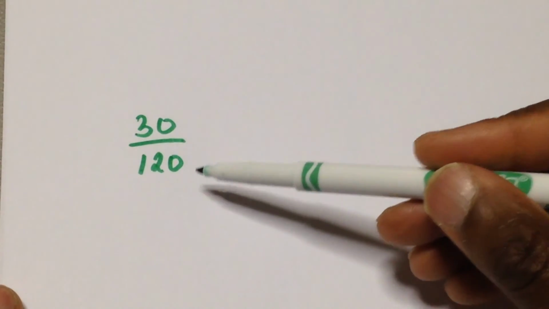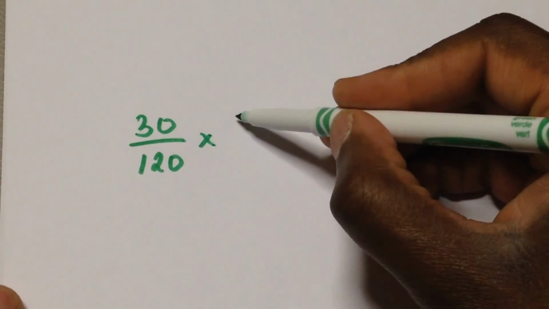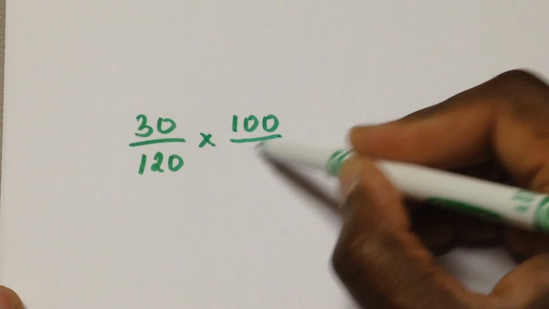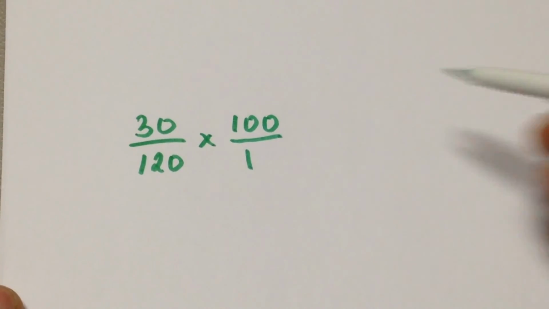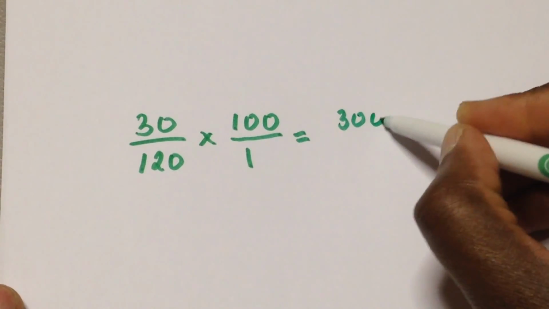Hey, this is just a bonus clip. If someone was looking to do the 30 over 120 and turn that into a percent, but wanted to do it by multiplying out of 100, you want to see if you're doing it right? Here you go. You multiply this by 100. Again, remember we said that's like saying 100%, right? You multiply 100 over 1. And then when you do that, you're going to get 3,000